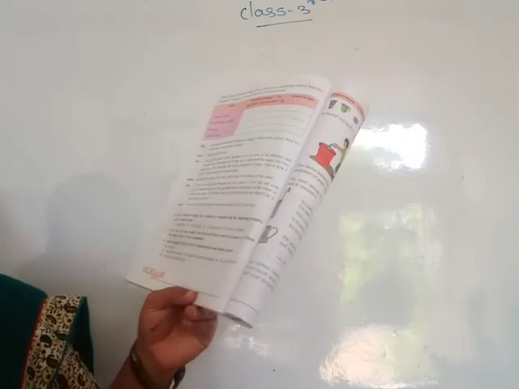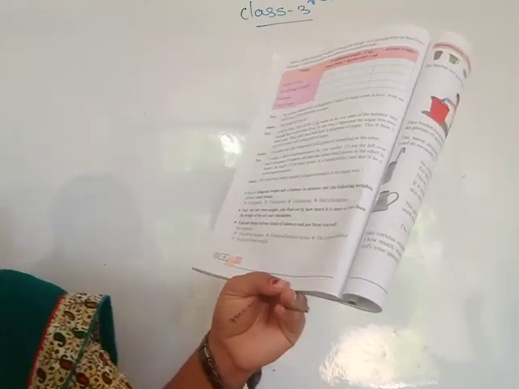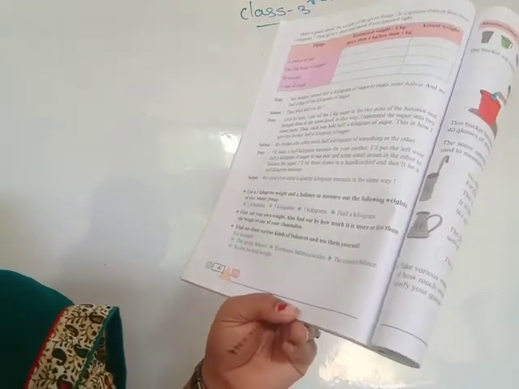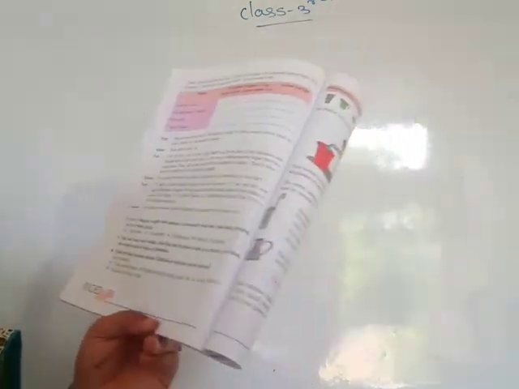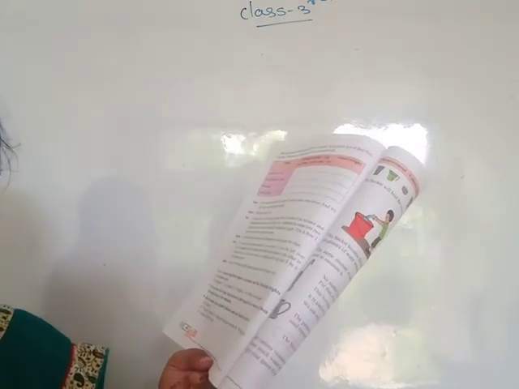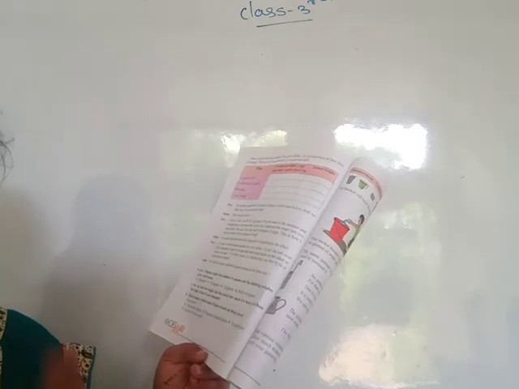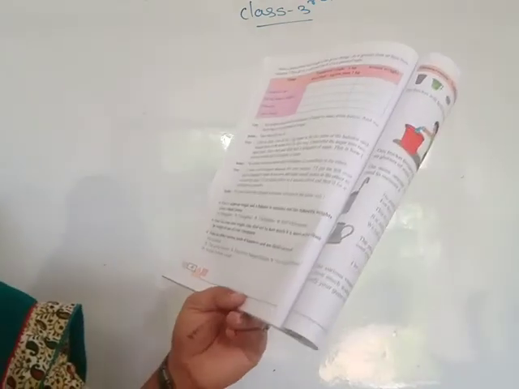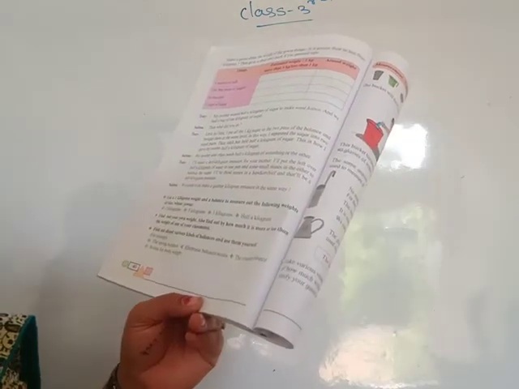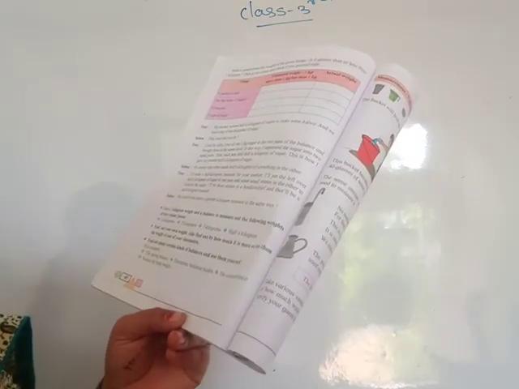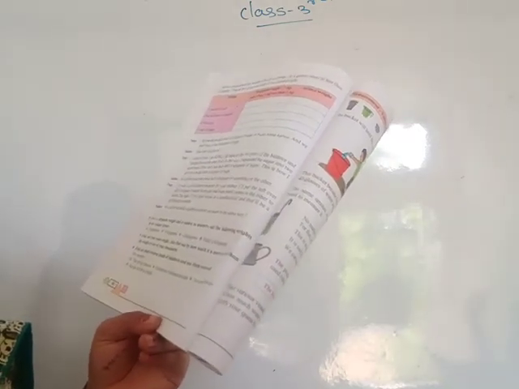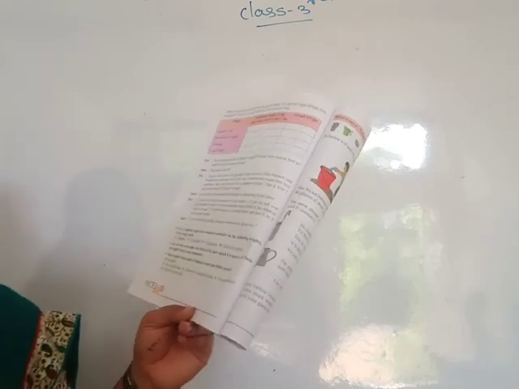Find out your own weight. Also find out how much it is more or less than the weight of one of your classmates. You check your weight first, then you check your classmate's, and see whether your weight is more or less than your classmate's. The next one: find out about various kinds of balances and use them yourself. For example, the spring balance, electronic balance, the common balance, and scales for body weight.